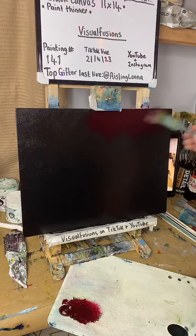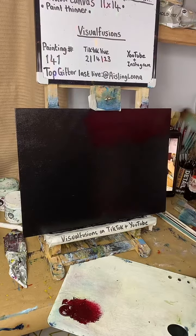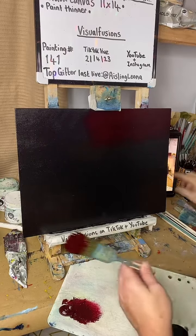And try and get an even coat. You should be able to see that go on. Hopefully you can see that on your screens. It is a transparent colour, so